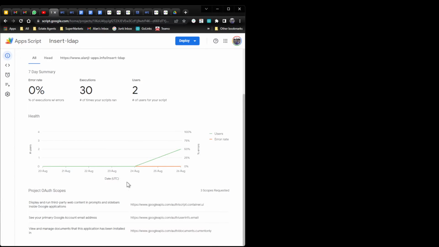If I scroll down here, I've got the project OAuth scopes. So if we start with this first one, we'll walk through these. Display and run third-party web content in prompts and sidebars inside Google applications. So I assume this one's necessary for the sidebar HTML file, which uses a style sheet, a third-party icon, and sources a jQuery library. So if we look at the source code for each of those,